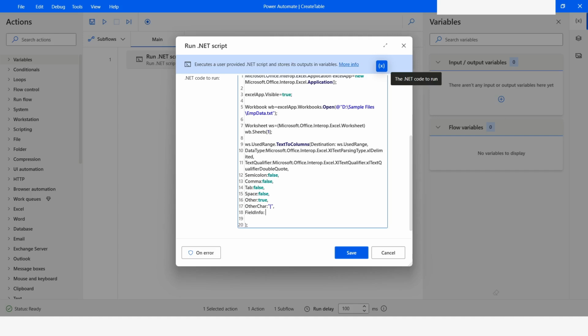Now I will create the object, square bracket, comma, then here I will use double curly bracket, inside that I will specify 1, comma, Microsoft.Office.Interop.Excel.XlColumnDataType dot xlTextFormat,